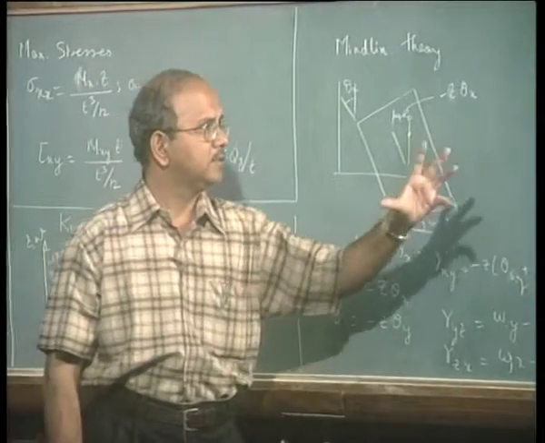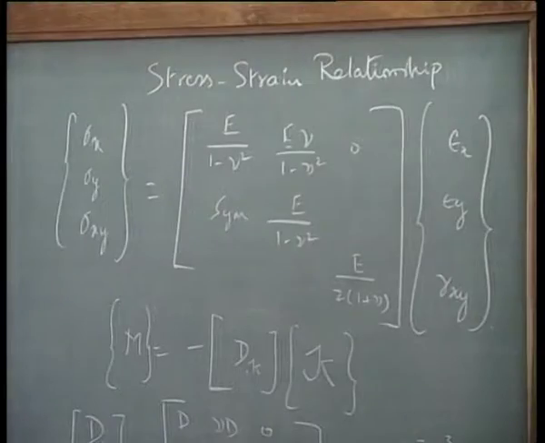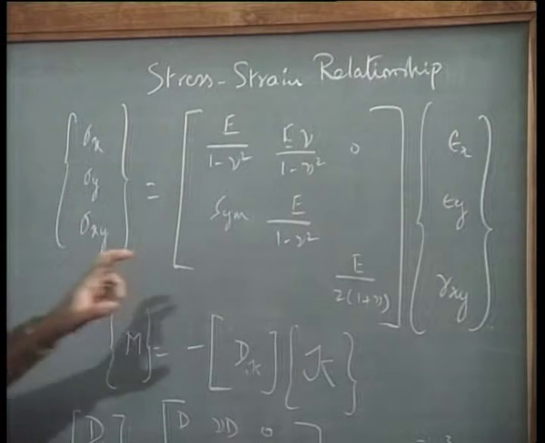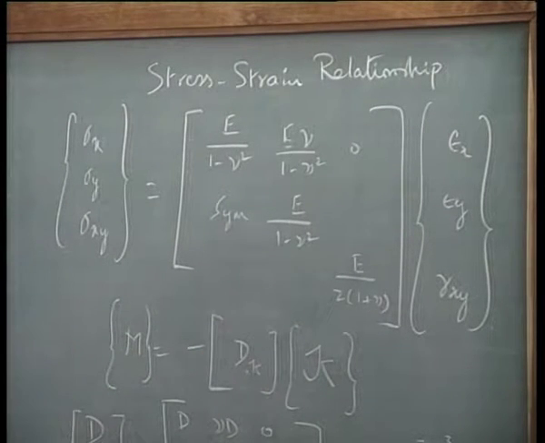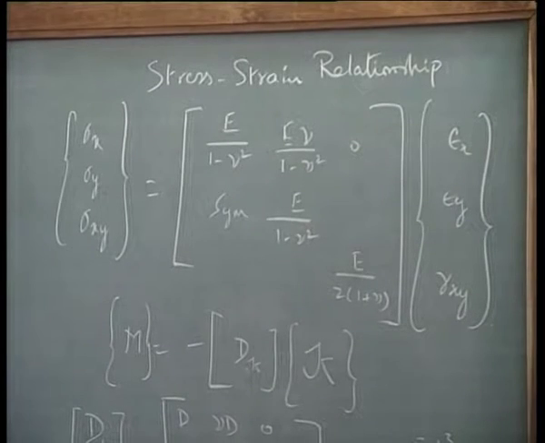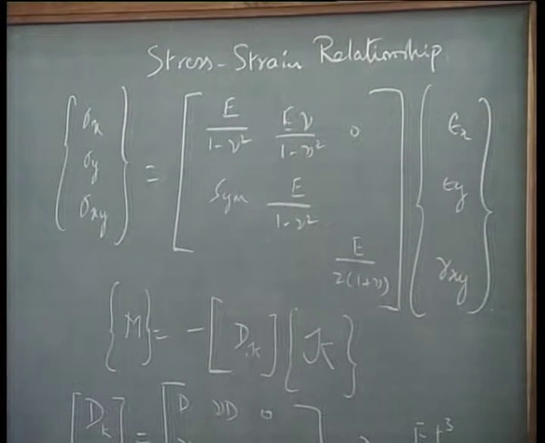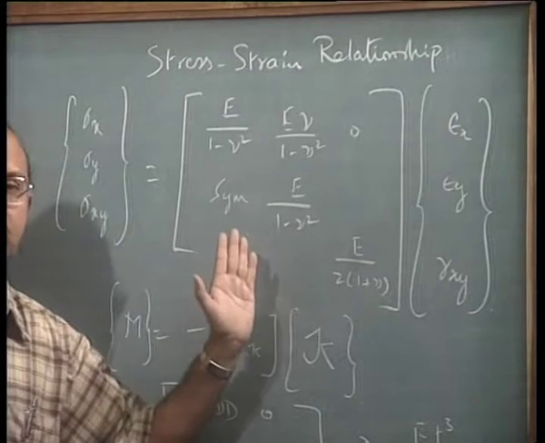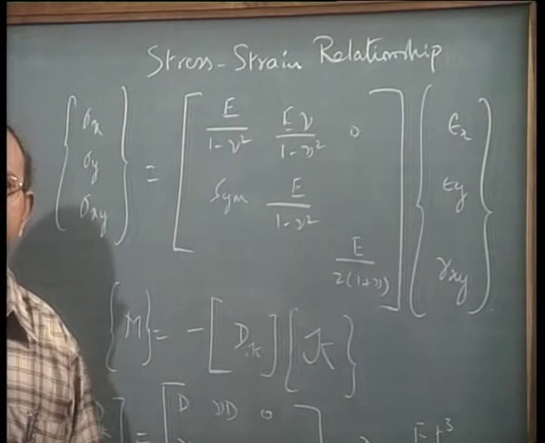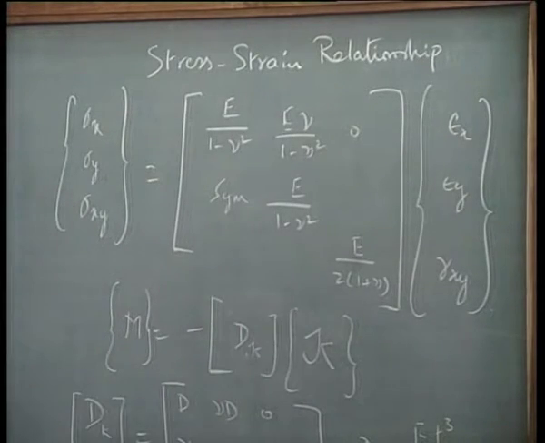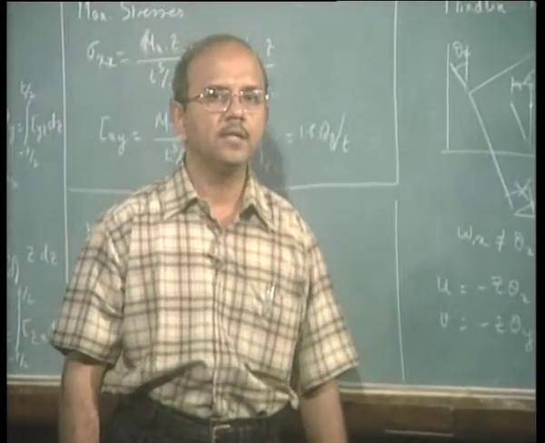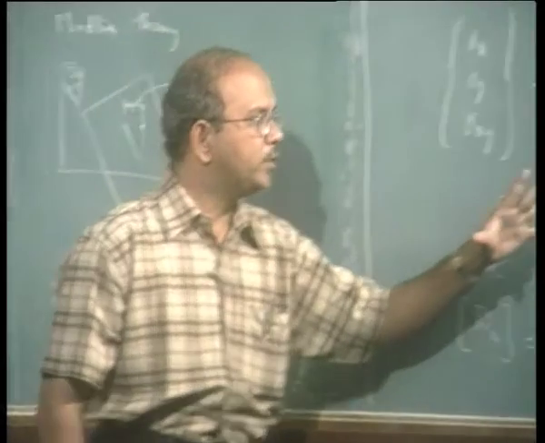See the relationship which is brought about by this particular matrix. Does it ring a bell? What is the type of element? Yes, this is very similar to what we had seen in the plane stress case. These elements are very similar to the plane stress case. Please note that this stress strain relationship, what you see here, is the one which we use